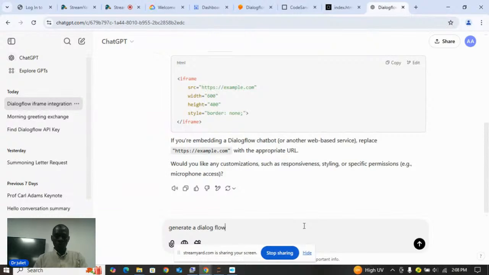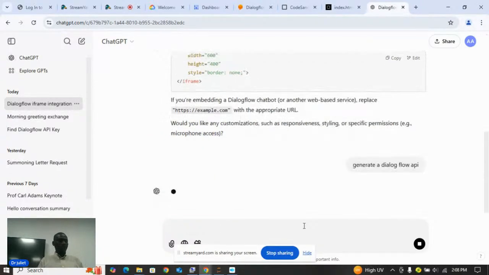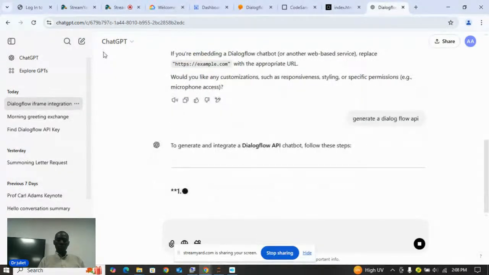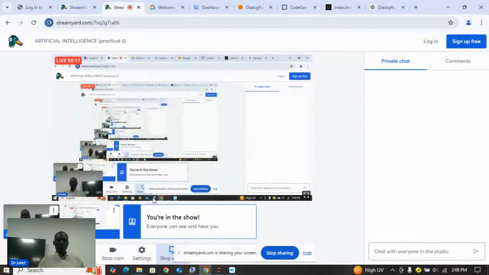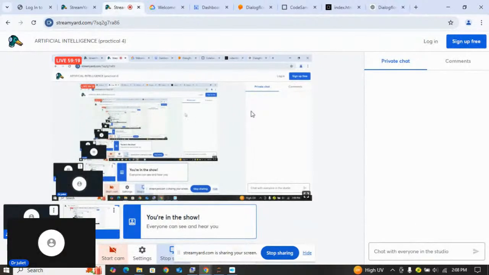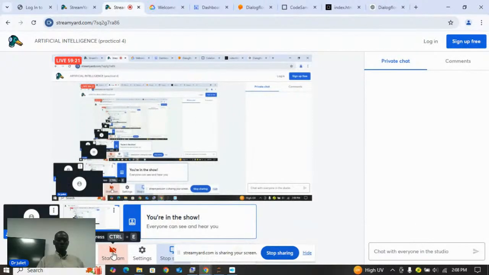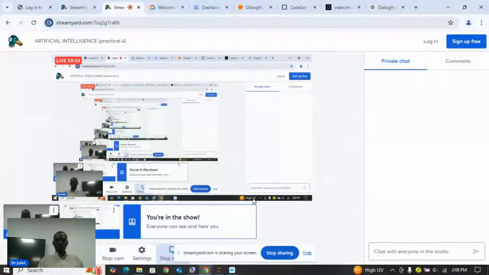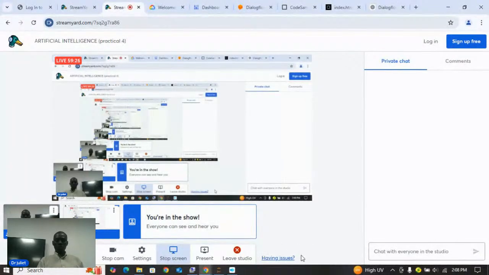Dialogflow API. Okay, the first one is what? The first one we have to say something. Can you click on go to Google Desktop? Okay, projects. Okay, and let's start with